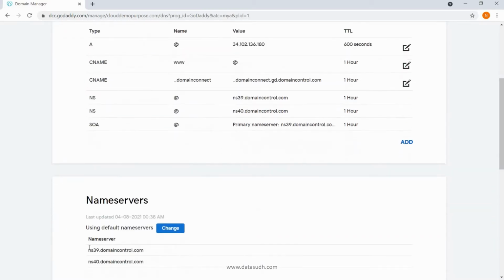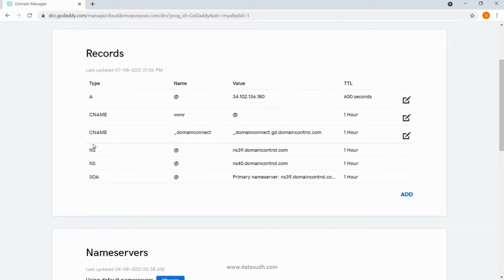We also get default name servers which are provided by the DNS provider with which we have purchased the domain. These NS records, the name server record entries, contain the information of the name server which is associated with the domain. The name server tells us which DNS server is being used and which DNS server is authorized to handle this domain. This is where the actual website traffic is routed to when anyone goes in the browser and visits your website, and then from there it is routed further.